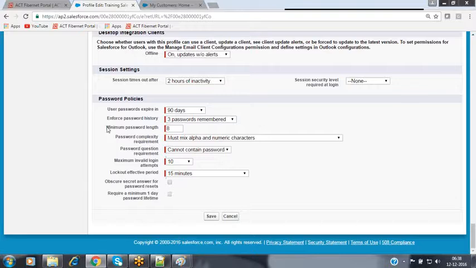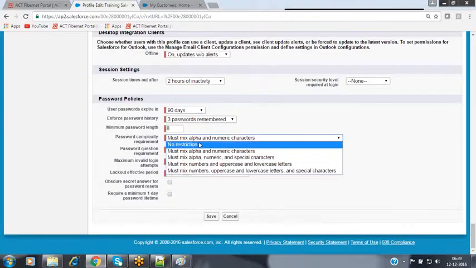Now, the minimum password length is the minimum number of characters that we need to enter. Next, while giving the password, what will be the password complexity requirements? Do we want to enter any characters, or do we compulsorily need to maintain one capital letter, one small letter, one special character, one numerical number? What will be the restrictions over here? It gives those options to you.